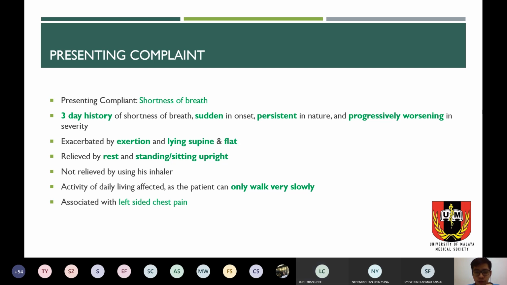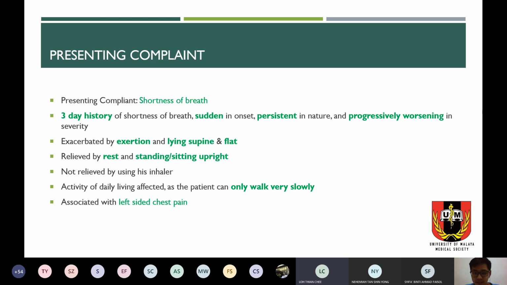So right now, viewing this presenting complaint, just the presenting complaint, not the associated everything else, is there any diagnosis that would come to your mind with this kind of presentation? So you're asking me or you're asking your colleagues? I'm asking you first. See what you say first. Okay, so